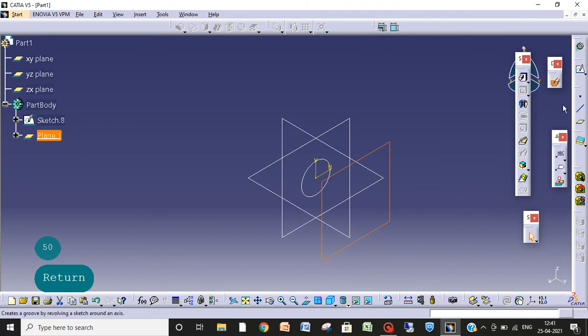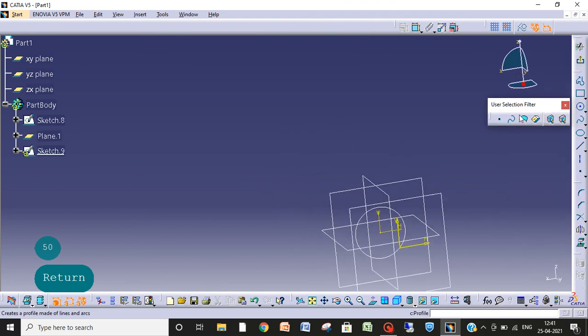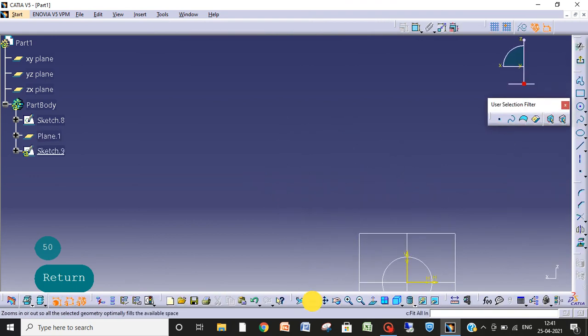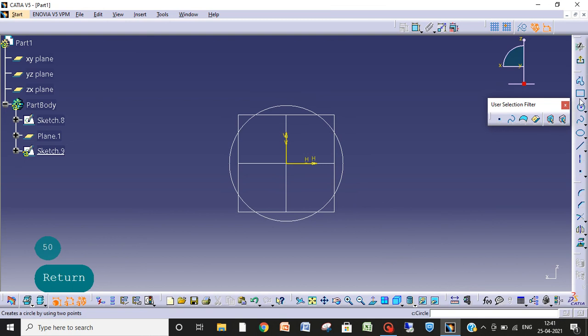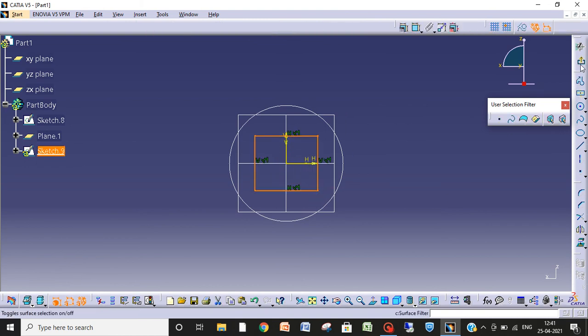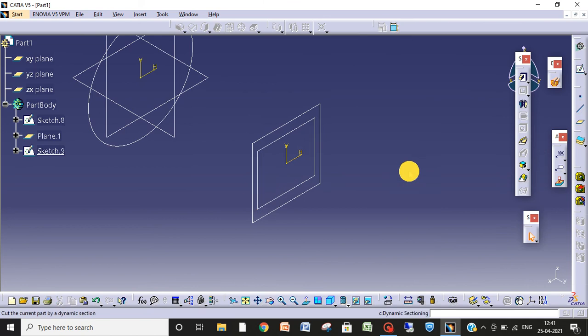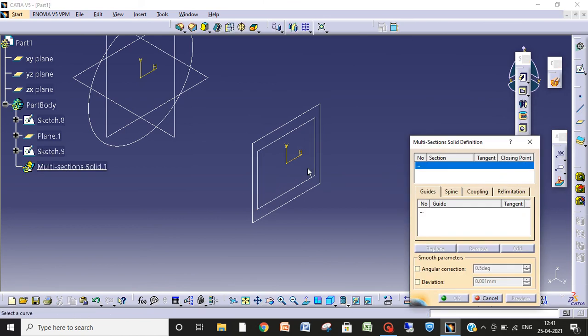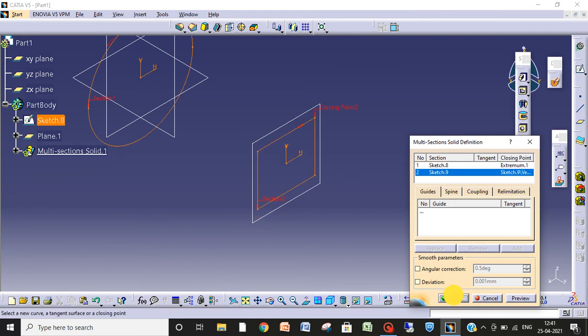Okay, on this plane I am sketching again, but let me sketch a rectangle there, like this, and exit. So here we have multi-section solid. Select section 1 and section 2. Okay,